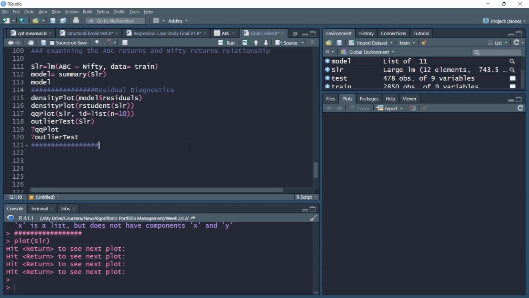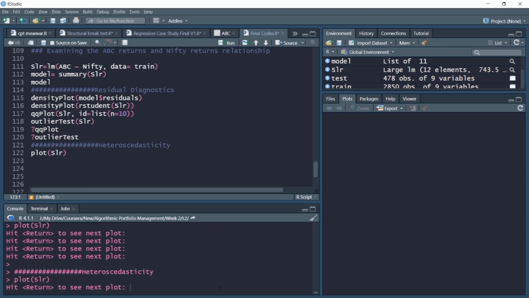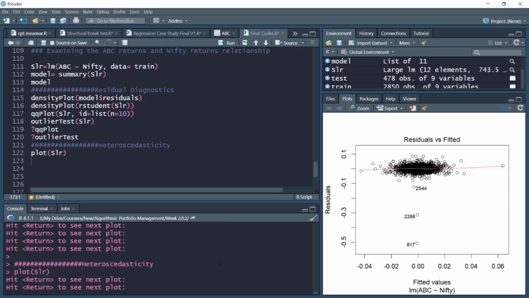In this video, we'll examine a very important econometric issue that afflicts estimation, which is heteroscedasticity, the non-constant variance. As an intuition, let me plot the residuals of the fitted model SLR with this plot command. Notice the behavior of residuals with the fitted values. Notice the variance as we go ahead with fitted values. Notice the variance is not constant.